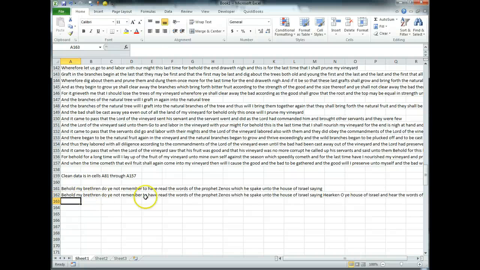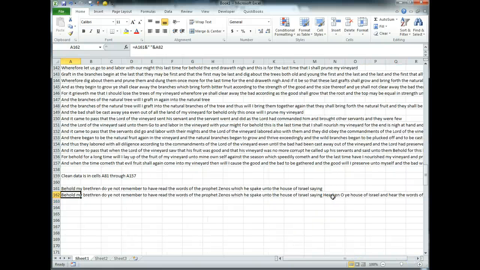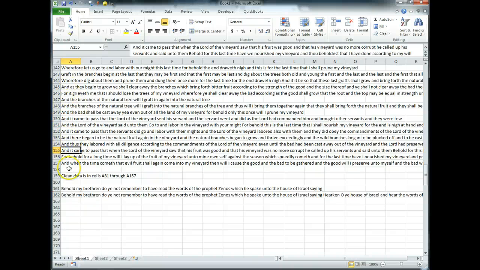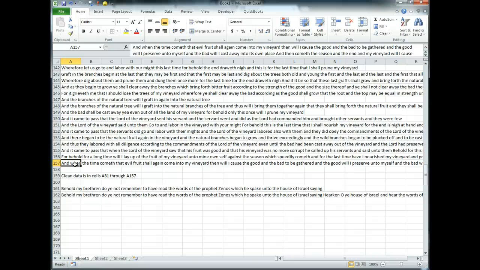So now I have the first verse stuck on to the second verse. And if I copy this formula down, it's going to continue to add those verses from the prior verse. But here's the problem. If I keep adding it down, it will add this to it, this to it, this to it. There'll be a blank, and then it'll just start adding itself again as it gets into this range. So we have to make sure we stop right there on A157. So A81 through A157